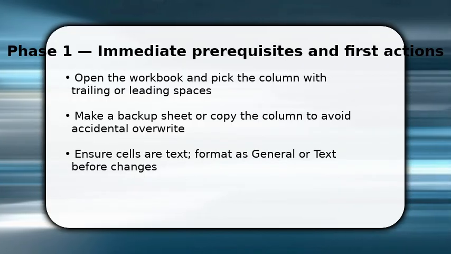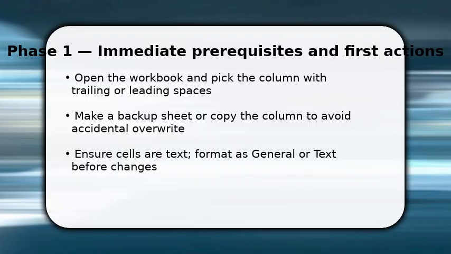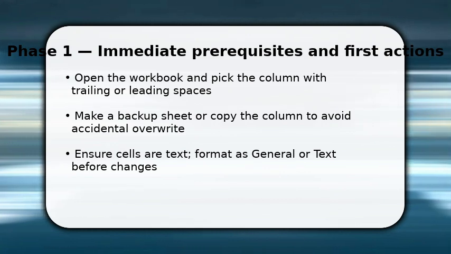Next, select the first target cell and enter =TRIM(A1) to remove leading and trailing spaces and collapse extra internal spaces. Press Enter, then drag or double-click the fill handle to apply the formula down the column for every row you need. Once the trim results look right, copy that new column and paste special as values to replace